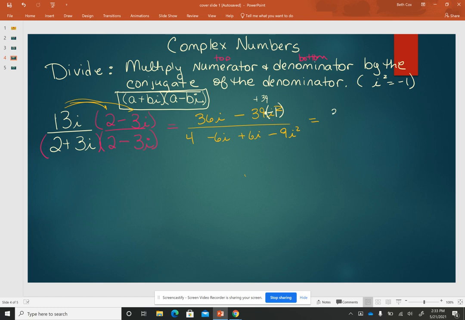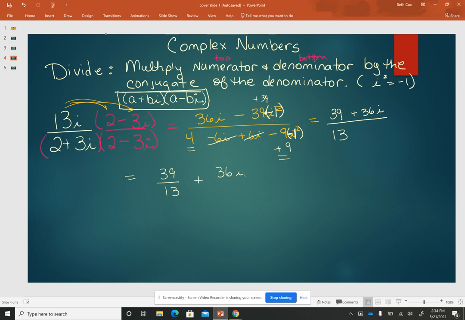So that numerator, if we put the whole number first, we have 39. The second number is 36i, so that's the numerator. Same thing on the bottom. i squared is actually -1, but that becomes plus 9. So 4 plus 9 is 13, and those cancel. So there we go. So now we're going to reduce our fraction. We have 39 over 13 plus